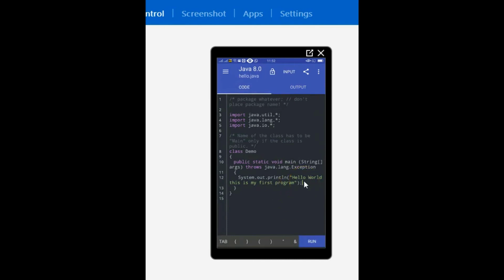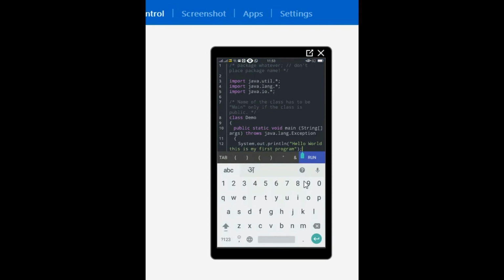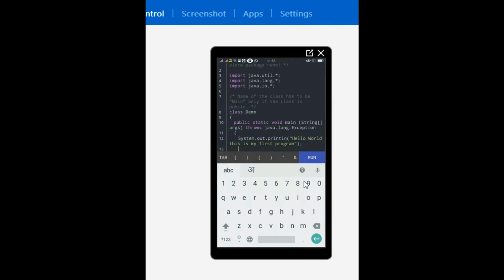Now let us see some more examples. If you want to display your name 2 times or 3 times, then we need to have a for loop. So let us demonstrate. Here I am assuming that you are already familiar with the programming language, but you want to run your code using an Android phone. So this is the program where we are displaying one message. Now if I want to add something in this code, let's say I am putting one loop, a for loop